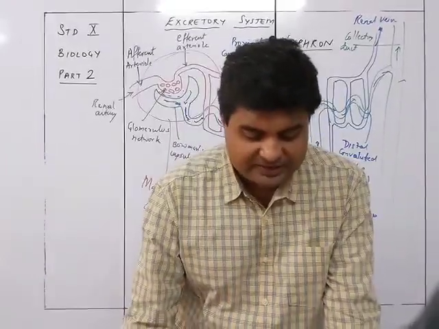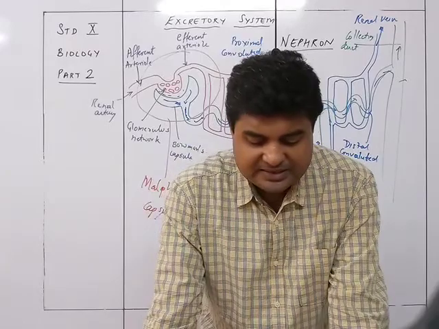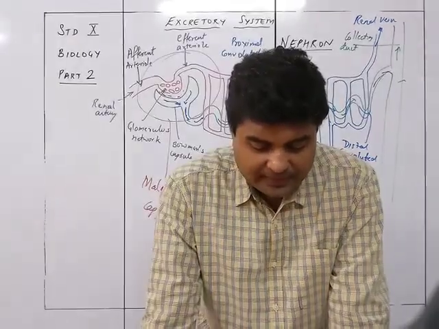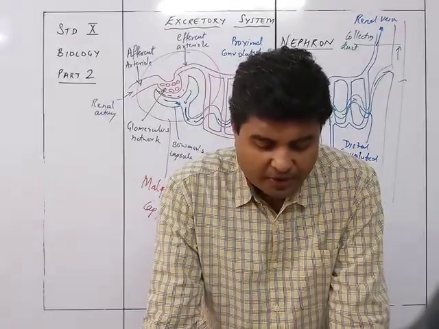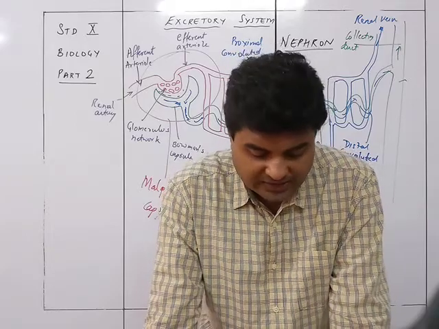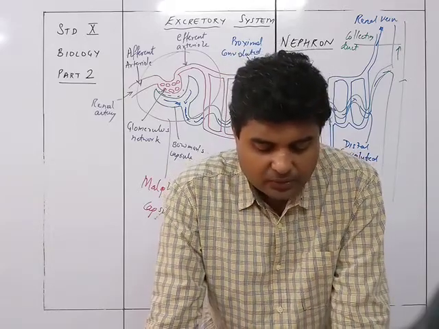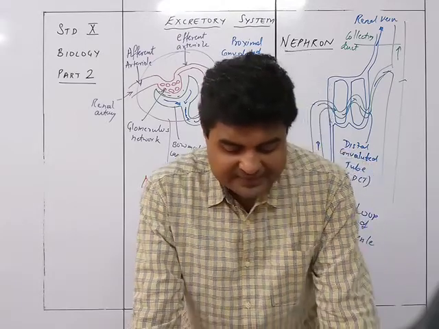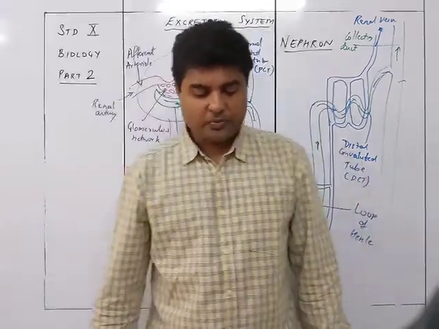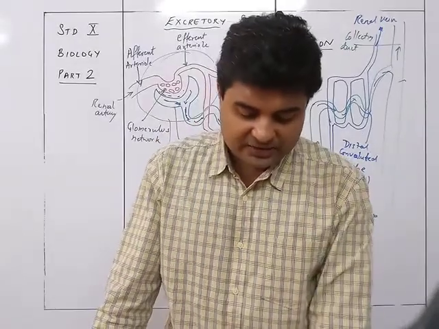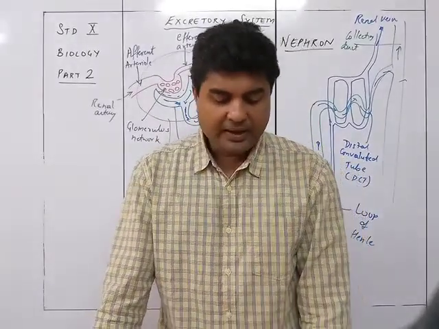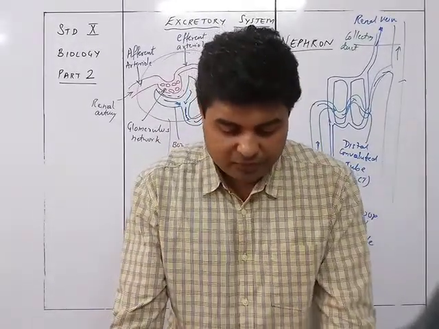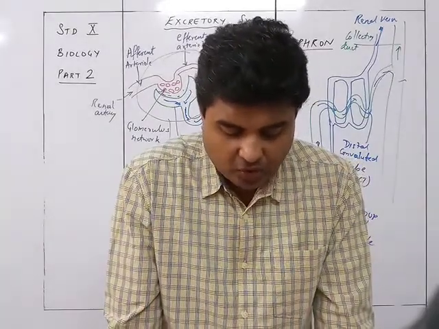The next is tubular secretion. Certain substances like potassium in the normal course, and a large number of foreign chemicals including drugs like penicillin, are passed into the forming urine in the distal convoluted tubes. This passage involves the activity of the cells of the tubular walls and hence it is called tubular secretion, and the filtrate left after reabsorption and tubular secretion is called urine.